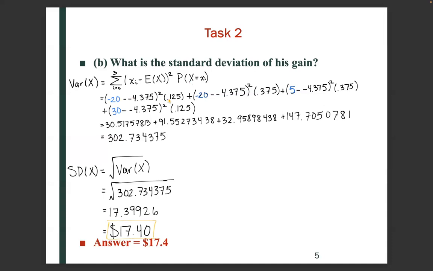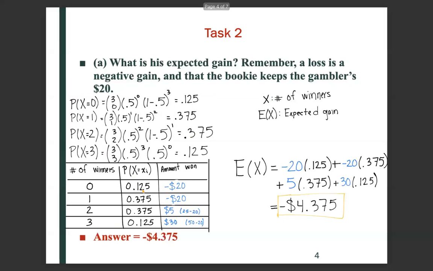So that is 0.125. And then we're going to add that to negative 20, that's the amount for when i equals 1. And then we subtract the expectation of x, negative 4.375, squared times the probability that xi equals 1, which is 0.375, found right here in this table,